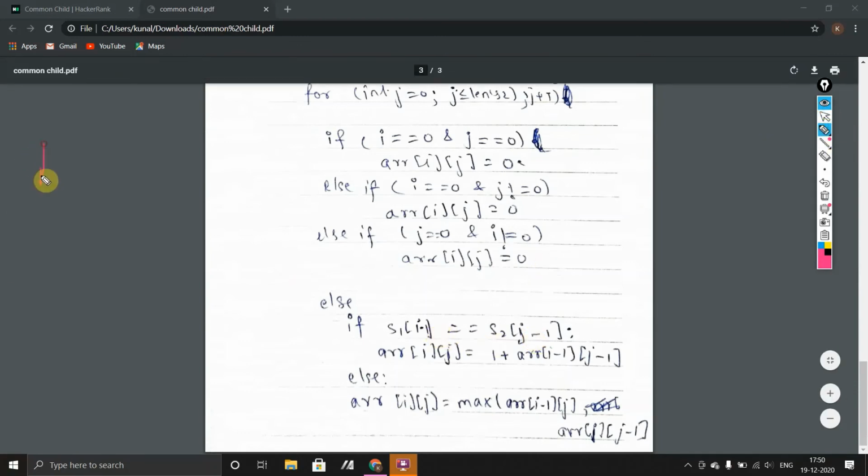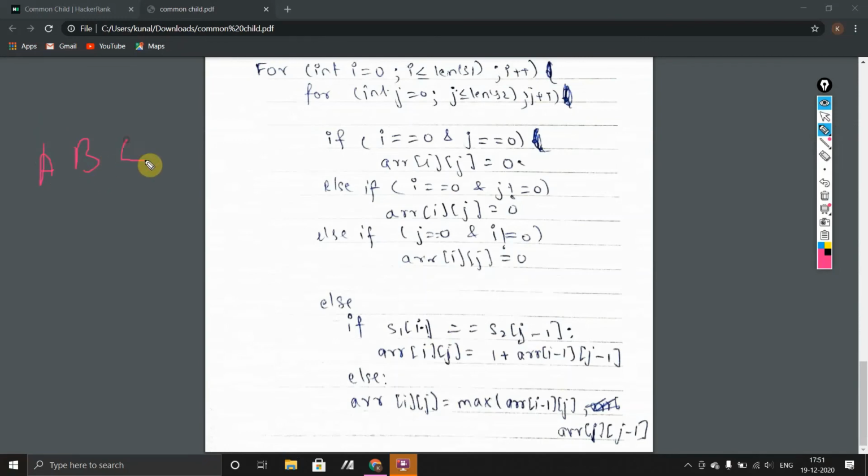We just have to take the maximum before that, right? Yeah, so for abcd and abdc, let's say we are only calculating for this part, bb. If b and b are equal, then it will simply be 1 plus the max of this, since we are already going to take b, which is 1. So for ab it will be 2. The child length will be 2.